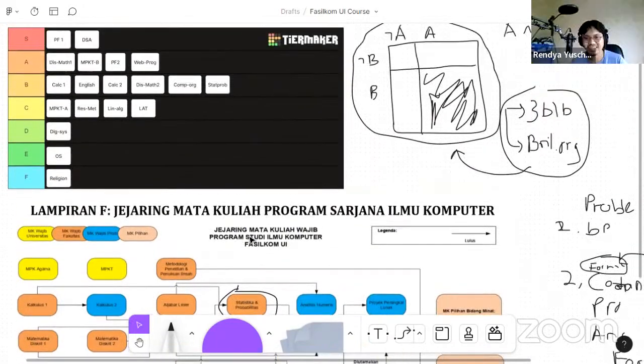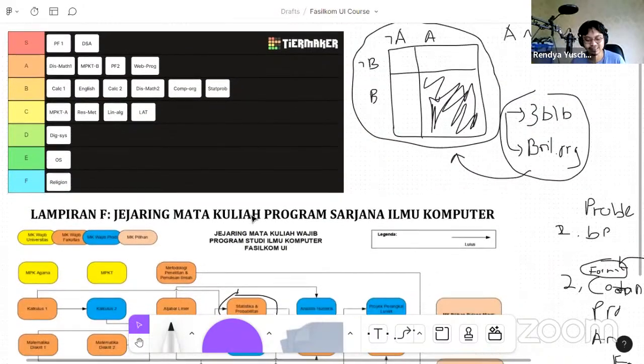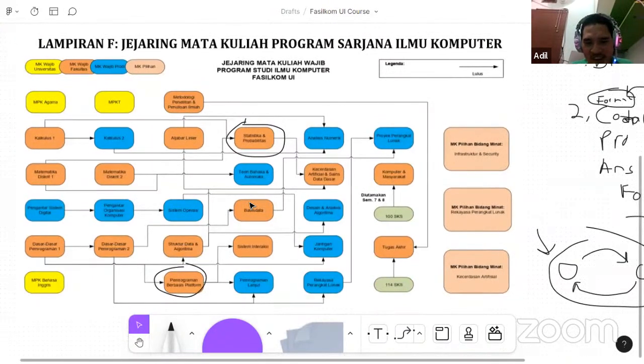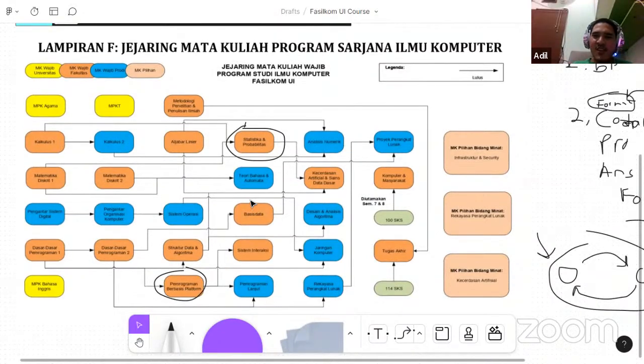Okay, the next one is database. Database is very relatable, of course. It's very practical, it's like coding. Correct. But you know what? I don't really like